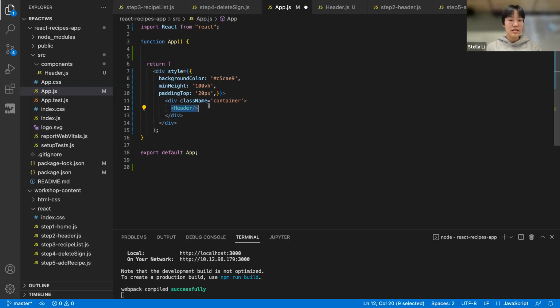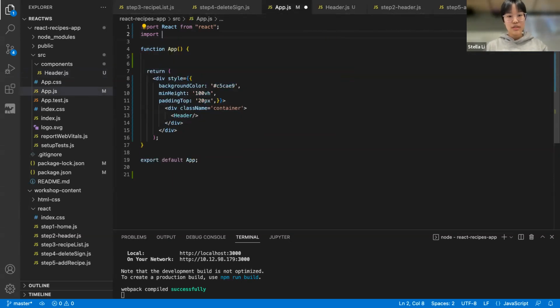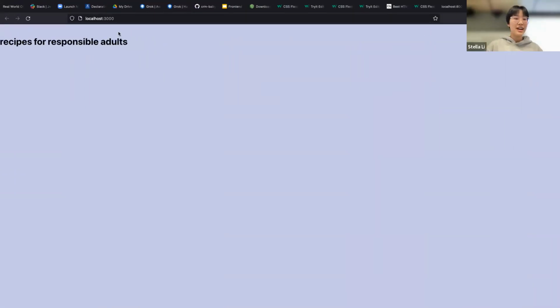And to insert a component in there, we just open with the, what are those called? Triangle brackets. And put in the name of the component. But because this is another component, we actually have to import it as well. So you would do import Header. It automatically does it for you. But now if we save it and go here, you can see that we have our header, but as you can see, it's